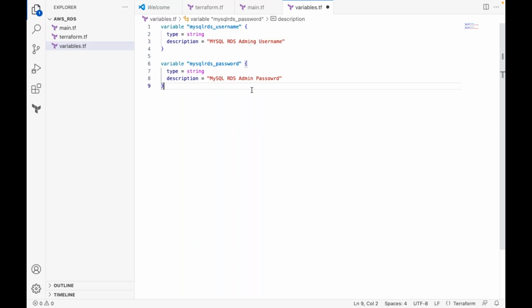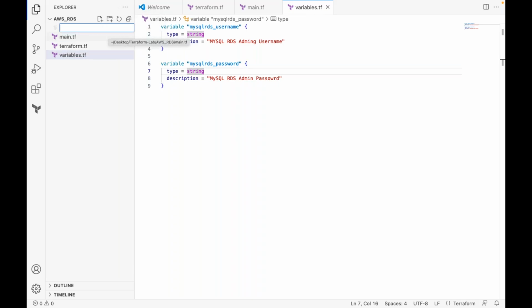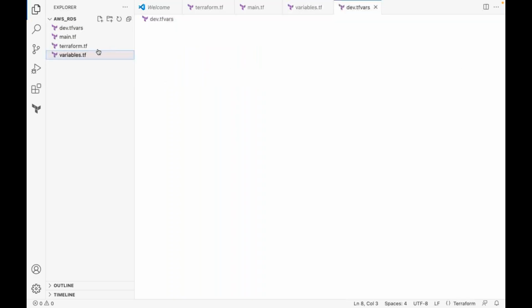Now what you can do is pass values to these variables in many ways. Let's say you are passing values through a values definition file. Let's say you have some file, maybe something dev.tfvars. Now you can define the variable values in this one, MySQL password, MySQL